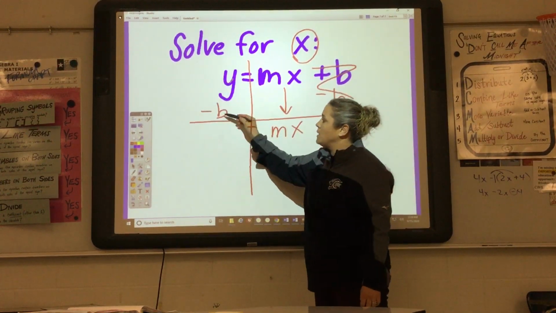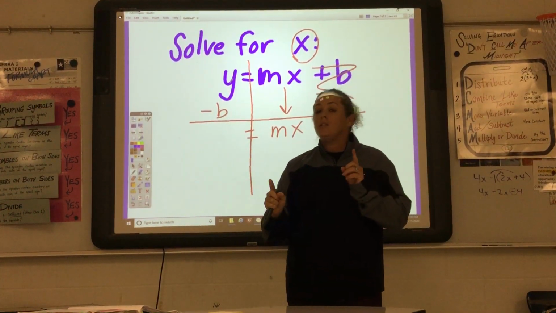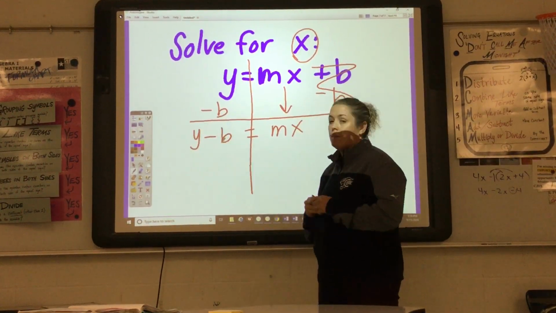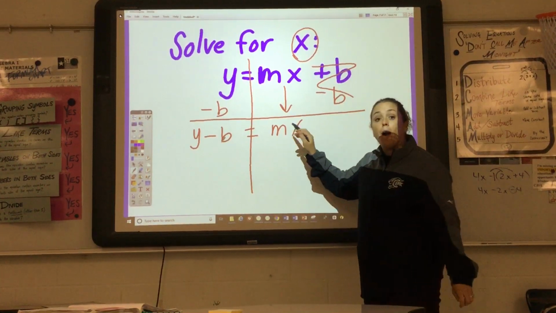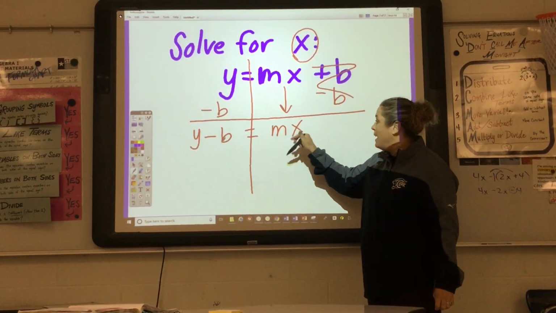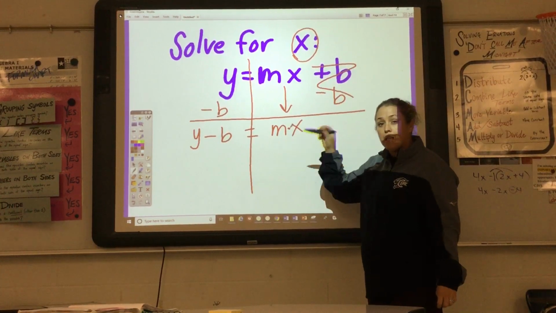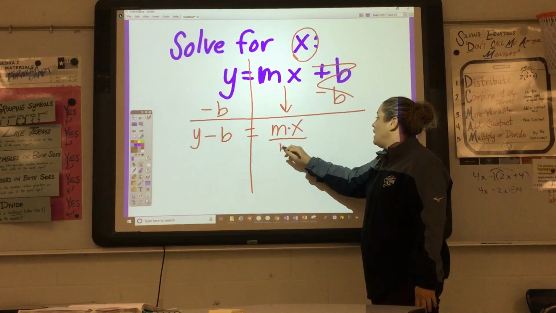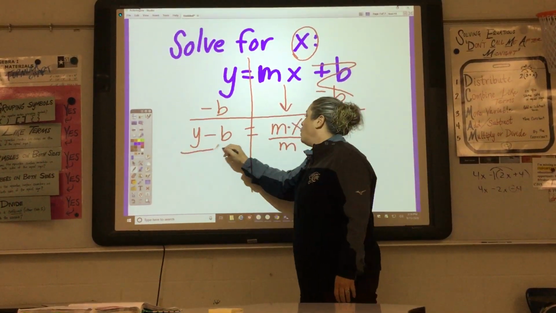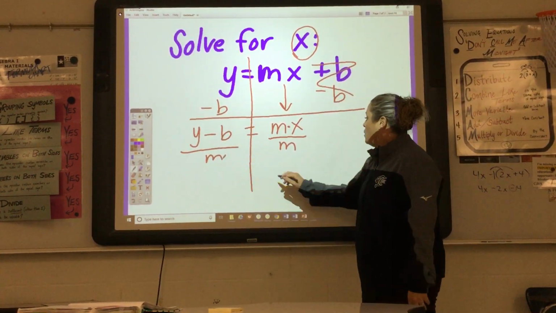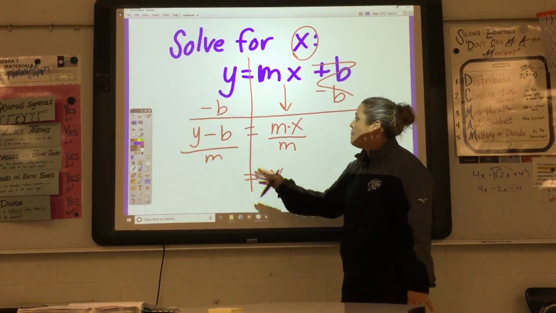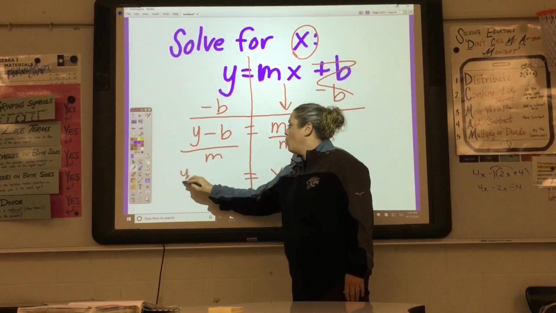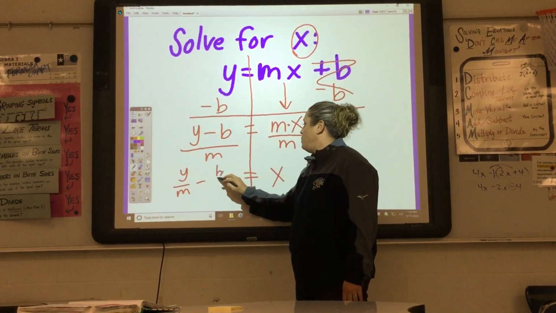I have y minus b. They're two different terms, so I can't combine them. So I'm just going to write them out, y minus b, okay? The implied operation here, this means m times x. If you need to put the little dot to show the multiplication, you can. So you divide by the m on both sides, okay? So you get x equal to y minus b over m. That also breaks down to y divided by m minus b over